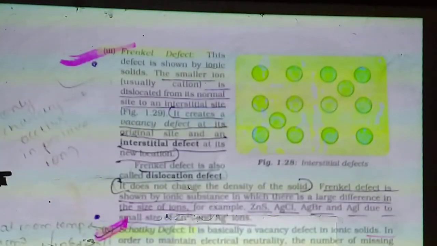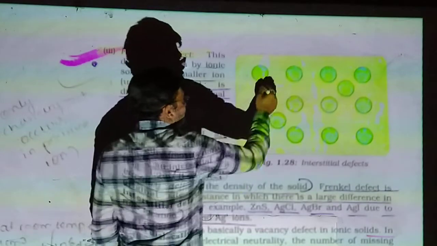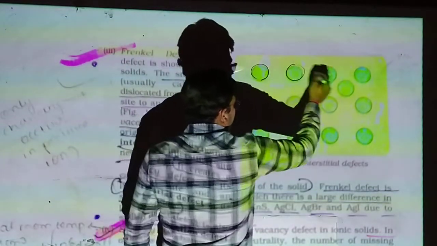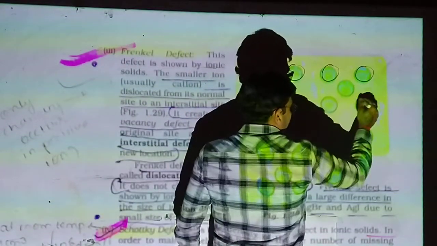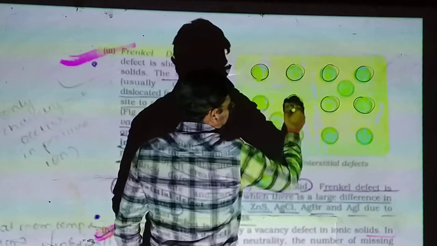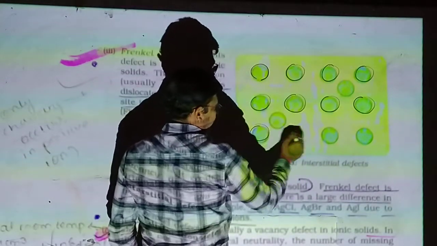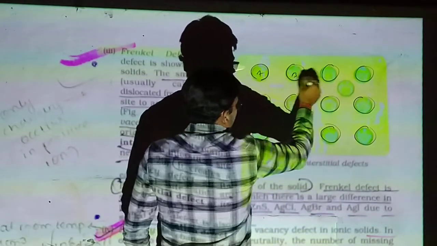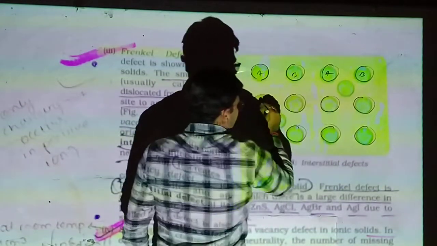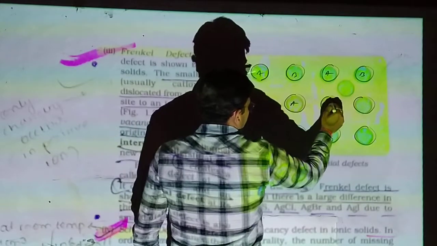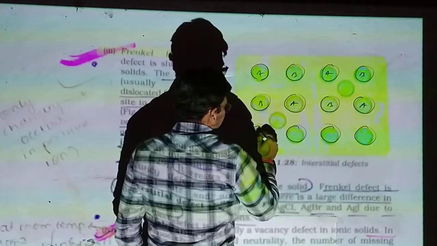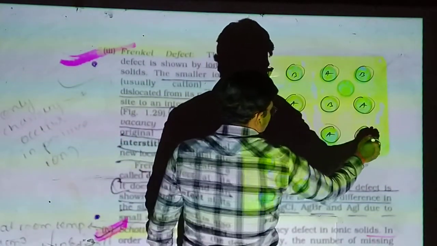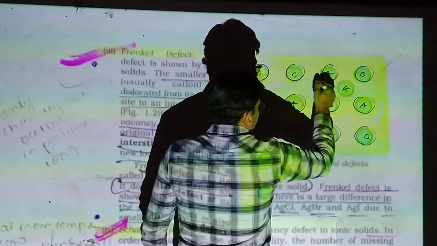You can see the number of atoms is 12 in a regular crystal arrangement. A type and B type, both are the same: B A B A, A B A B. Suppose in this place